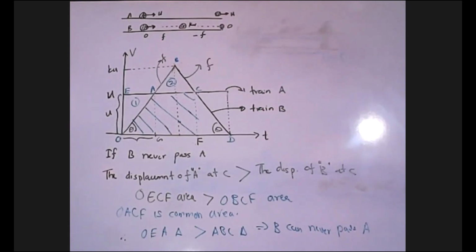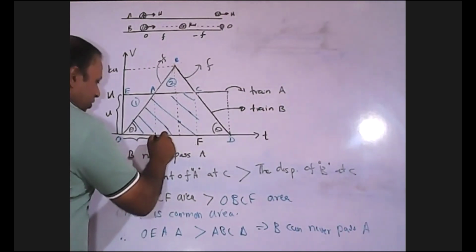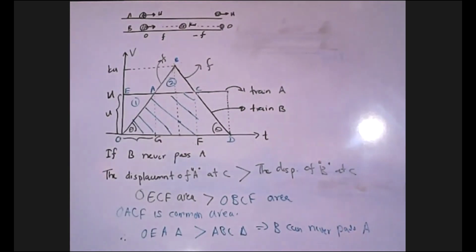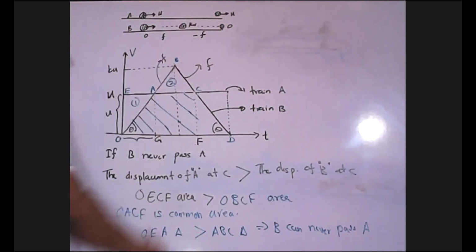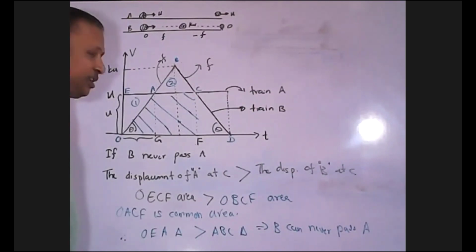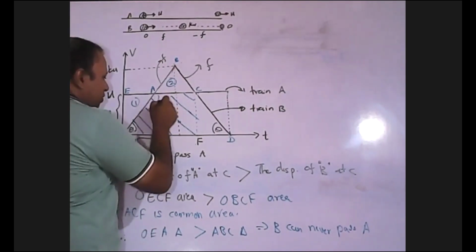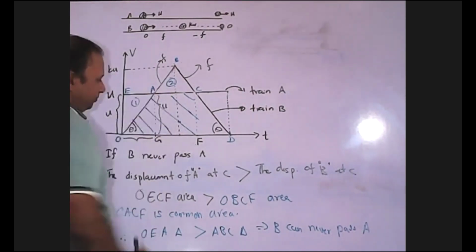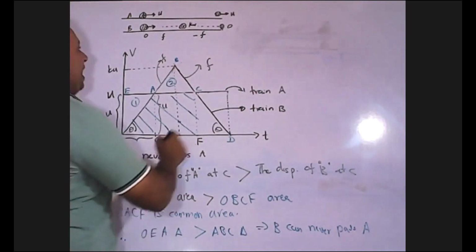You have to find the OG length. How to find the OG length? We can use the gradient, because the gradient is the acceleration, F. You know this height is U. Therefore, if you take tan theta,